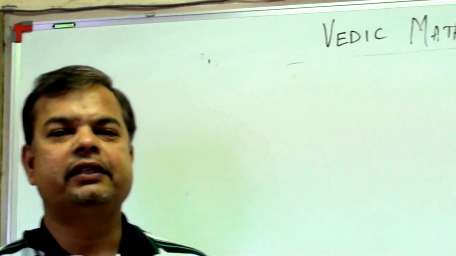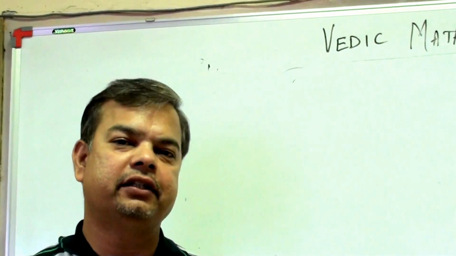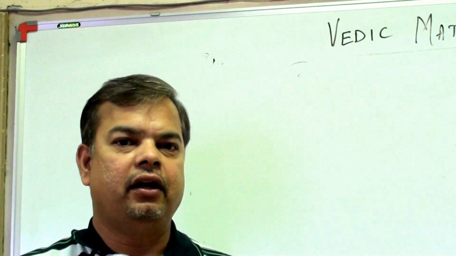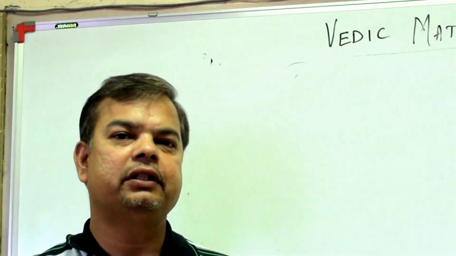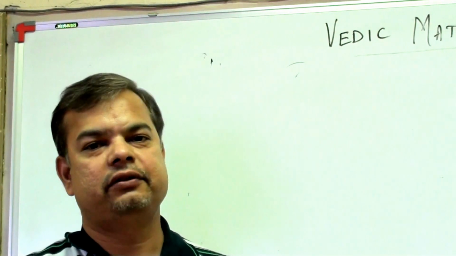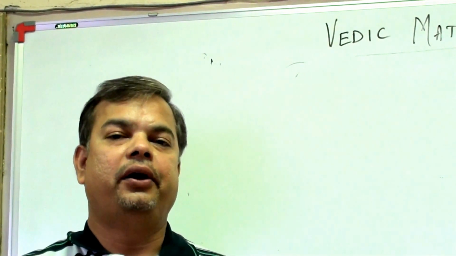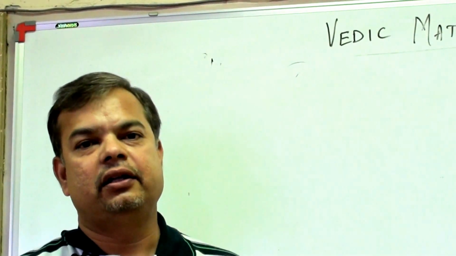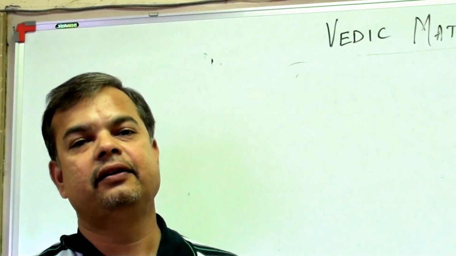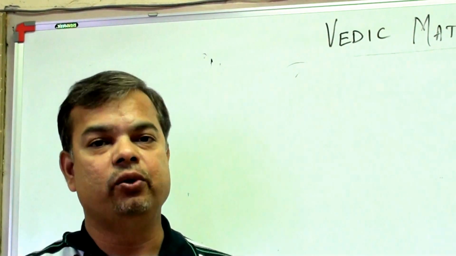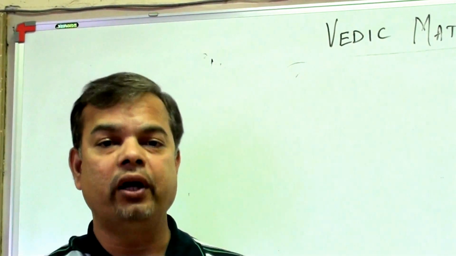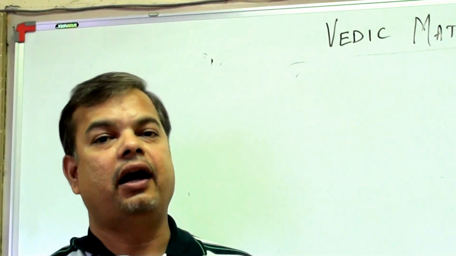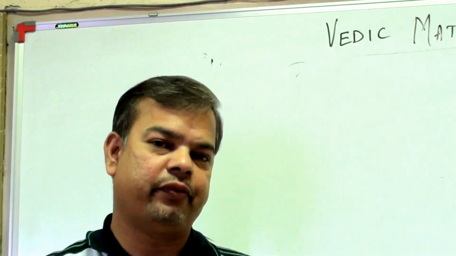So, in the previous session, we have seen multiplication of numbers which are close to the base, like 10. We have taken both positive numbers, that is which are more than 10, as well as the numbers which are less than 10. Now, in today's session, we will see whether the technique which we have seen in the earlier session can be used in the multiplication of two numbers where one number is close to the base 10 but the other number is not close to the base 10.